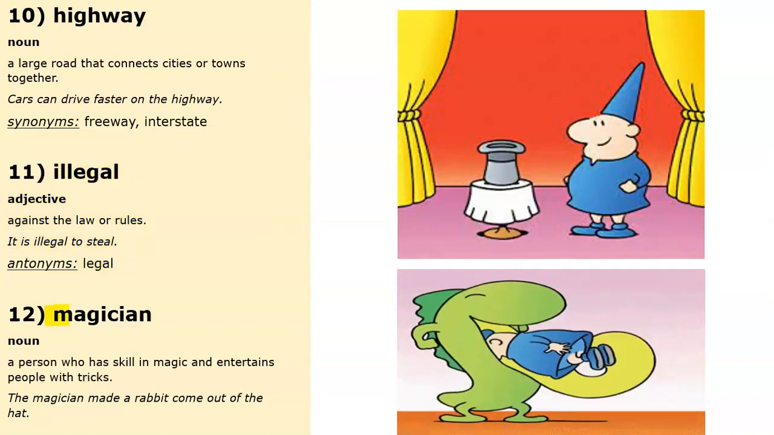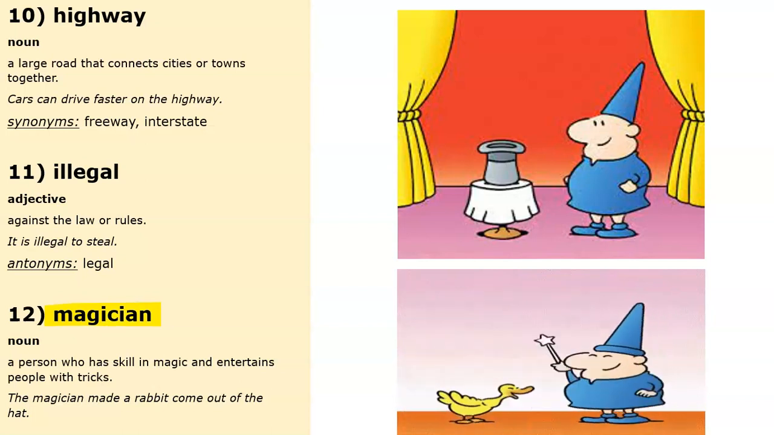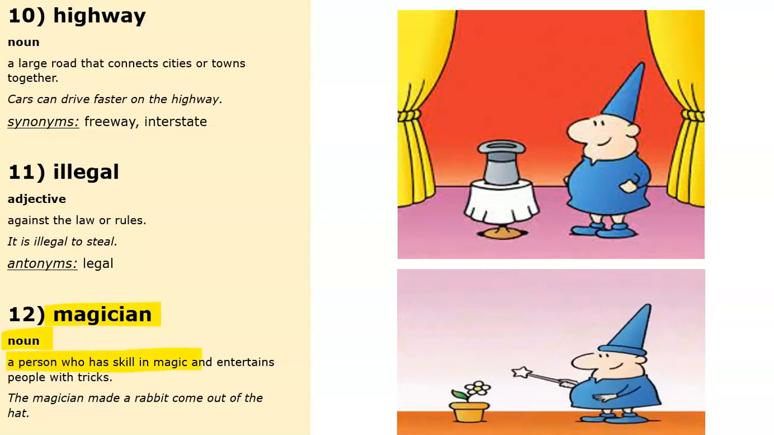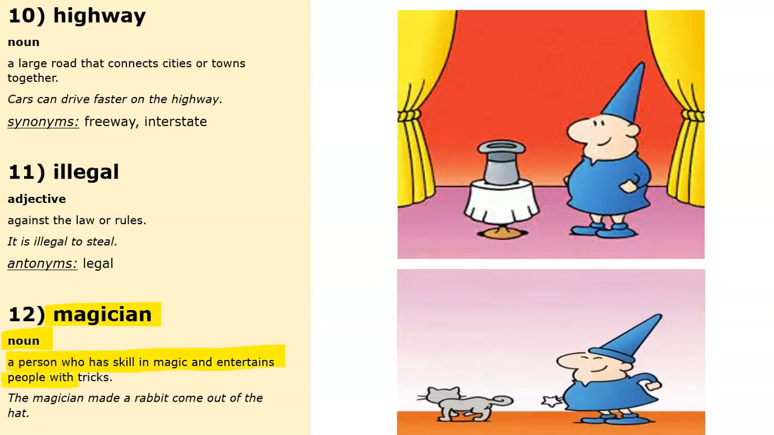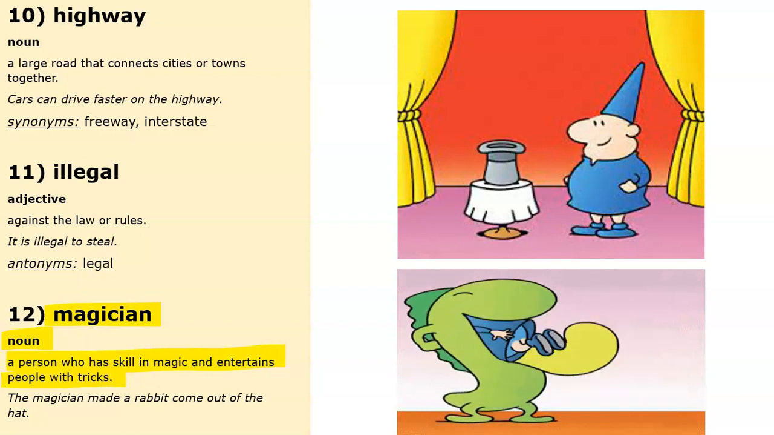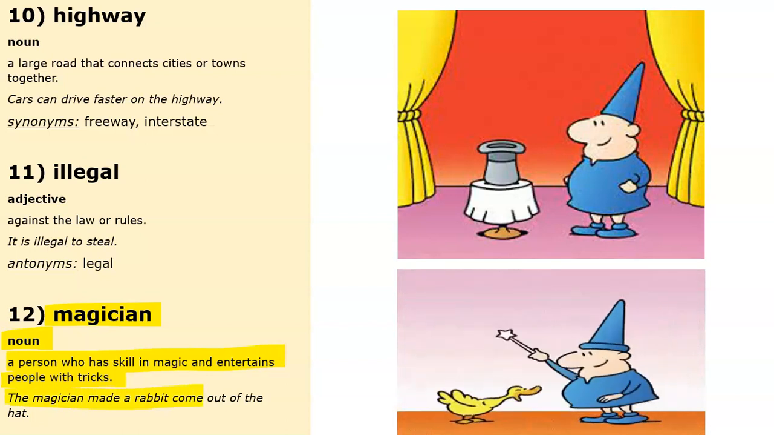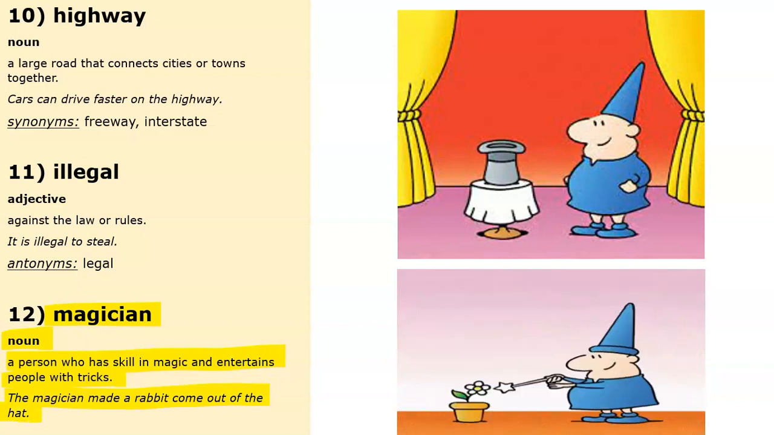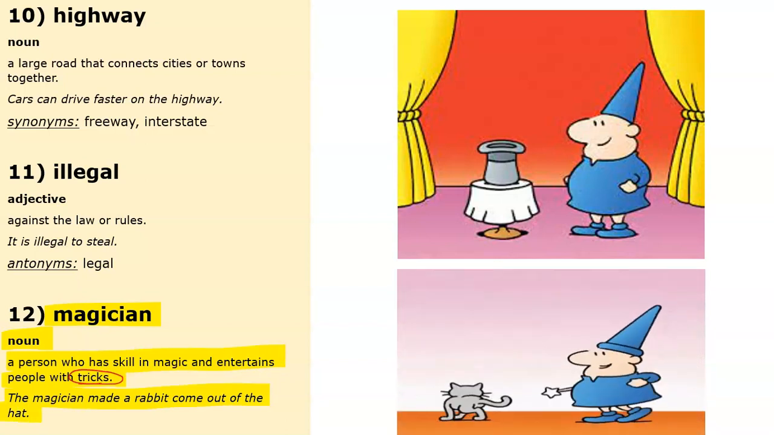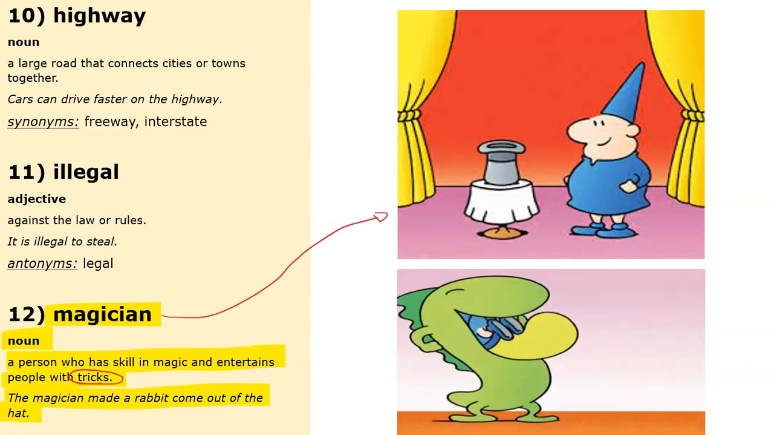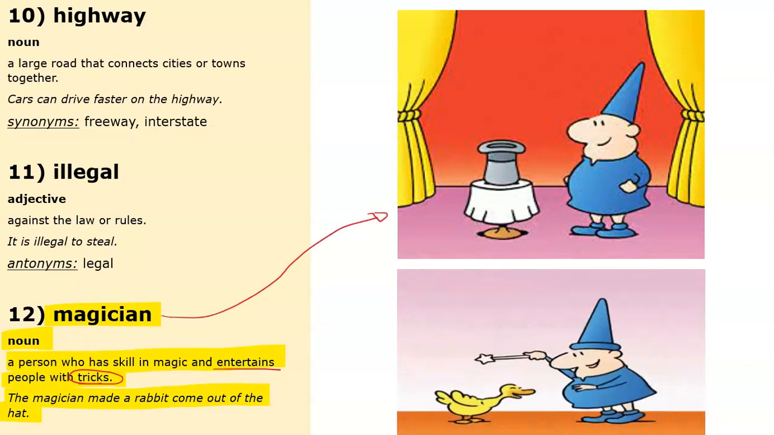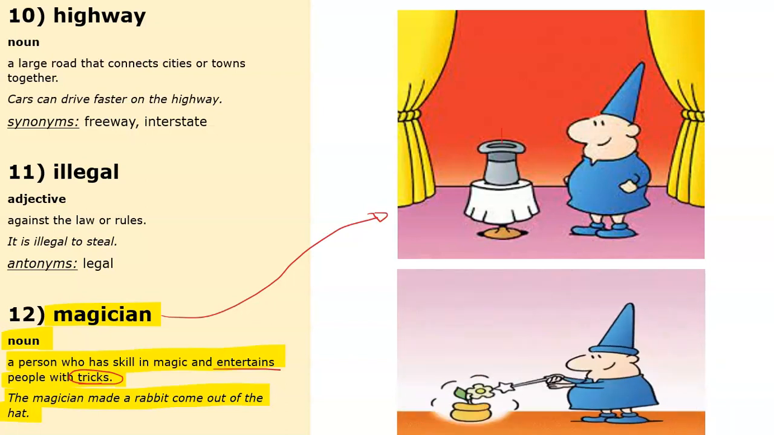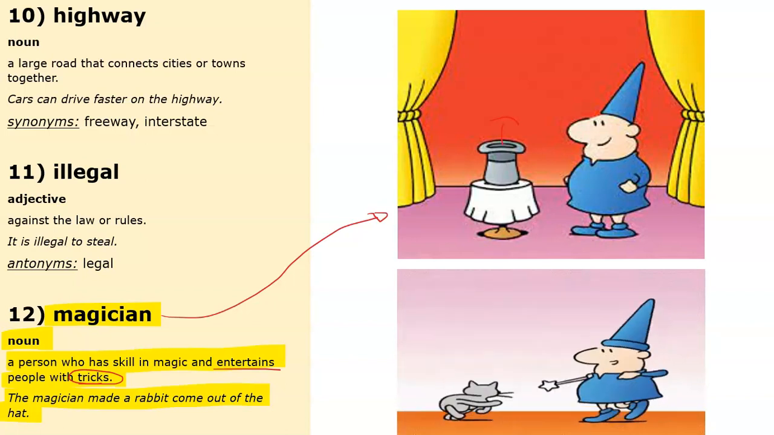Our next word is magician. A magician is a noun and it is a person who has skill in magic and entertains people with tricks. For example, the magician made a rabbit come out of the hat. So a magician has many tricks and their job is to make people happy. They entertain people and they do very special things such as taking some animals out of their hat, or they